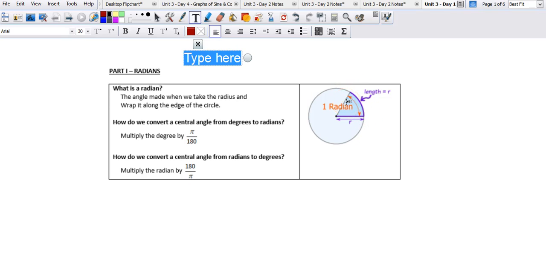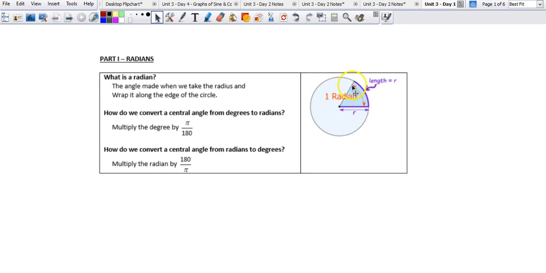First, we have to define what a radian is. So a radian, simply put, is the length of the radius wrapped around the circle. And there's only a set amount of these we can wrap around the circle. It looks like maybe 1, 2, 3, 4, maybe about 6 of these will wrap around a circle. But if you want to get precise,